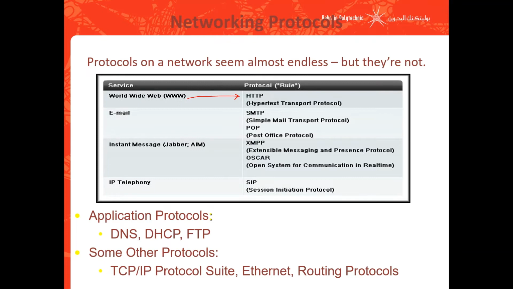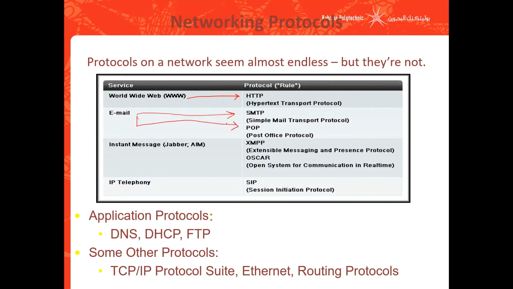It refers to the World Wide Web service, and HTTP is an indication for that. Like I mentioned before as well, for email, you have SMTP, which is Simple Mail Transfer Protocol, and there's another one called